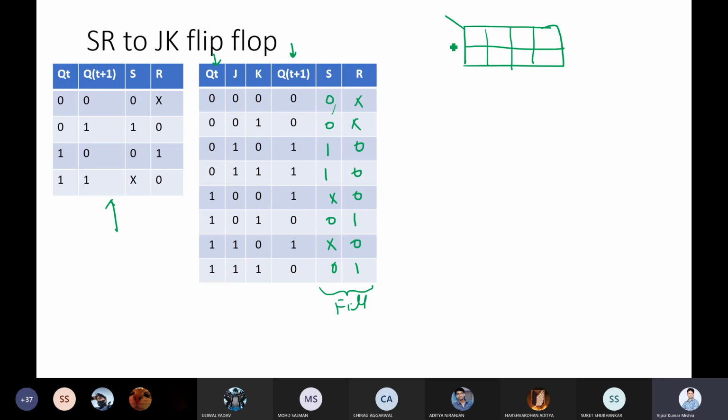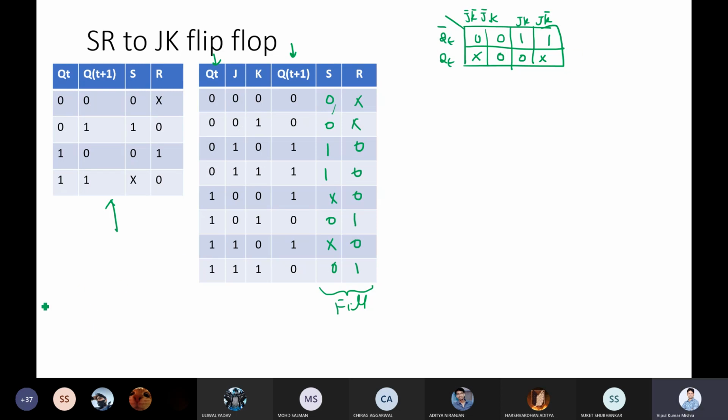So here we have QT bar and QT. Here we have J bar K bar, J bar K, JK, JK bar, and fill the entries 0, 0, 1, 1, X, 0, X, 0. In that case, this X is not useful at all, so we can make a quick pair.